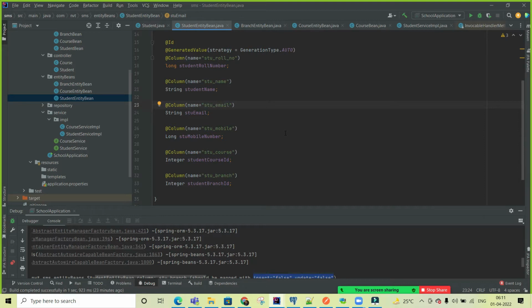Suppose you are a student. Suppose I am a student. I want to register in any university or any school. Will they provide my name automatically, or should I enter my name, my email ID, my phone number? We should enter them, and the roll number should be generated automatically, and they will provide it. Whenever data is inserted, we will have a unique number that is called the roll number. Okay, got it.